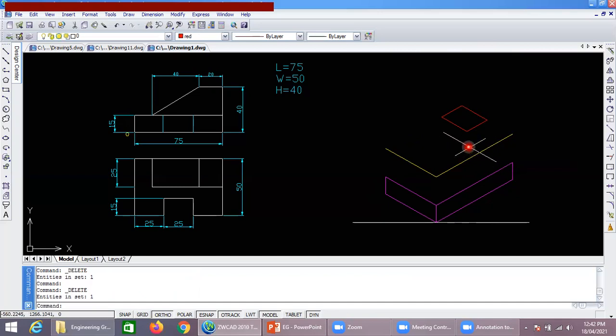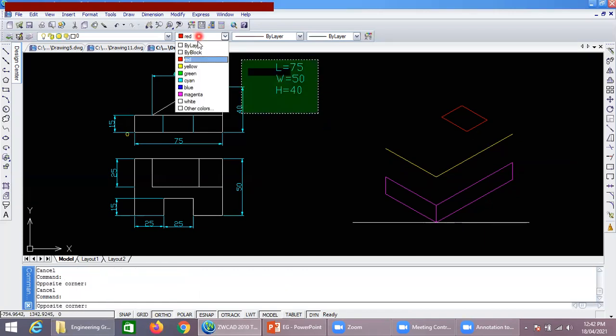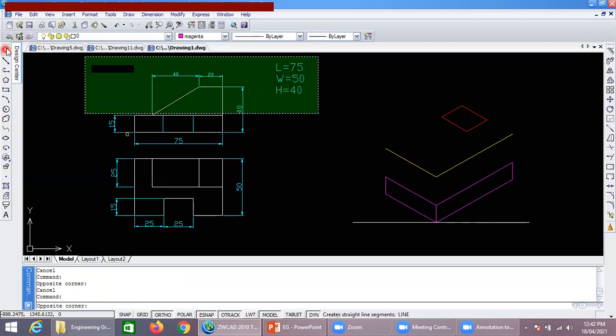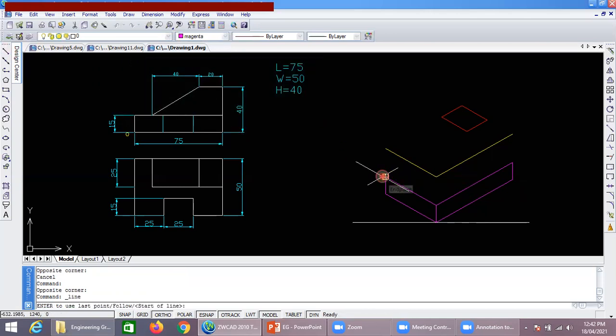Now we will extend this base plate for our construction purpose. As we know, the length of the base plate is 75 and the width is 50. Now this wedge is up to the last part.